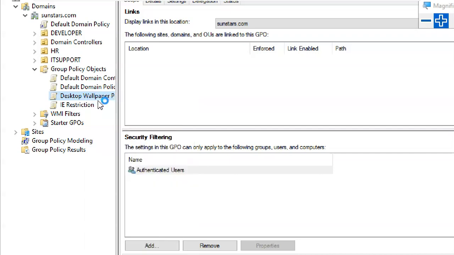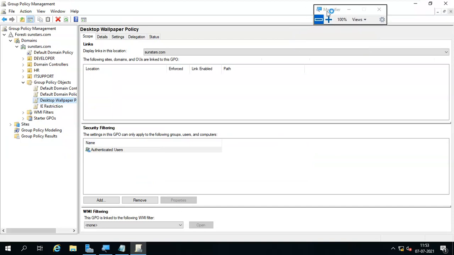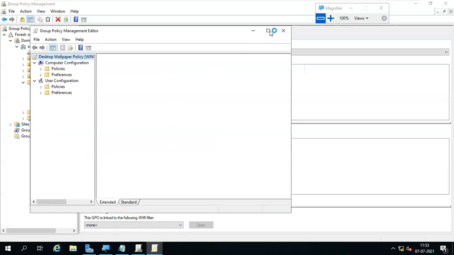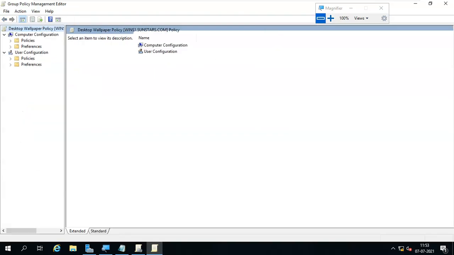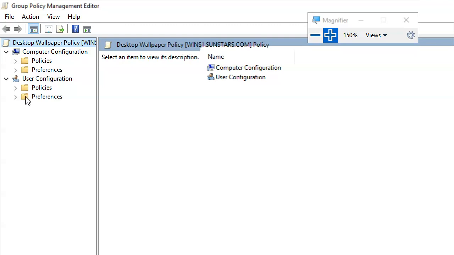Now next, Edit. So this is the editor. I always have policies under user configuration only, because login and logout is enough.